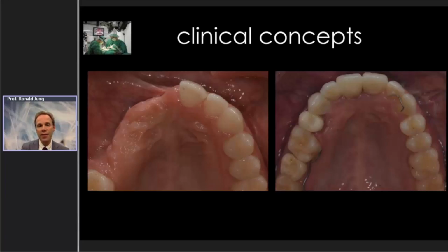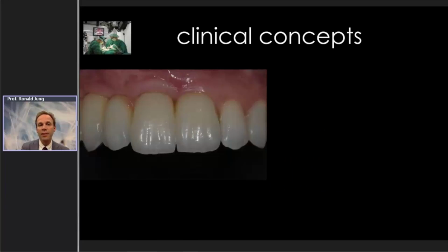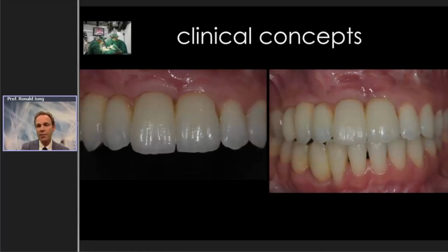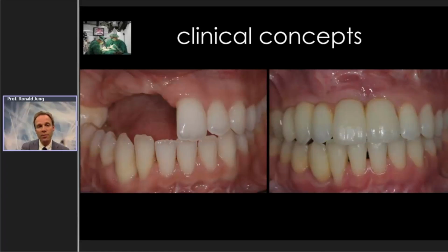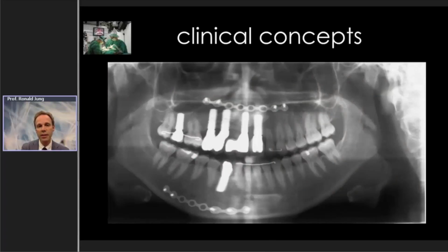So we were able to achieve a nice result considering where we had started. We had to cheat a little bit in the area of the lecturing side by having artificial soft tissue there. But overall, we were able to restore this huge amount of vertical and horizontal defect. Here's the X-ray illustrating what has been performed. And here the happy patient at the very end, compared to seeing him at the first visit when we started the treatment.